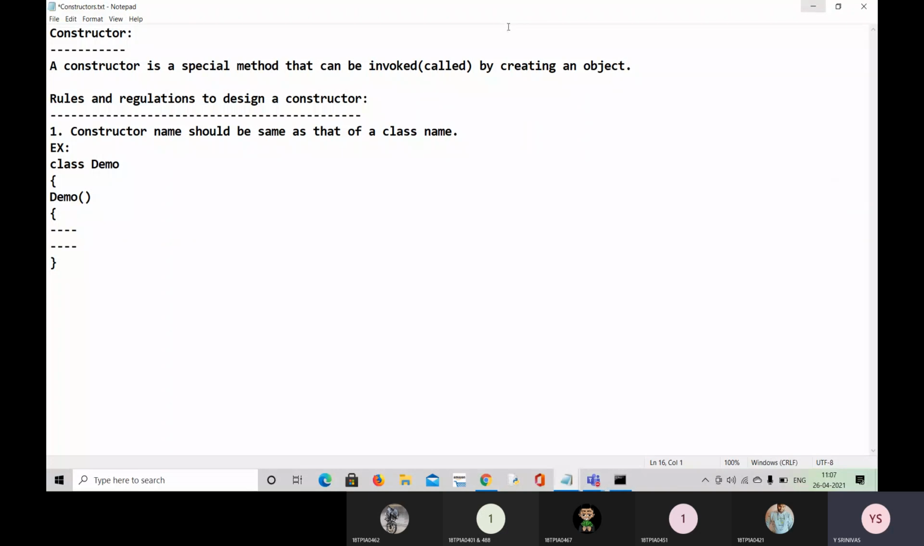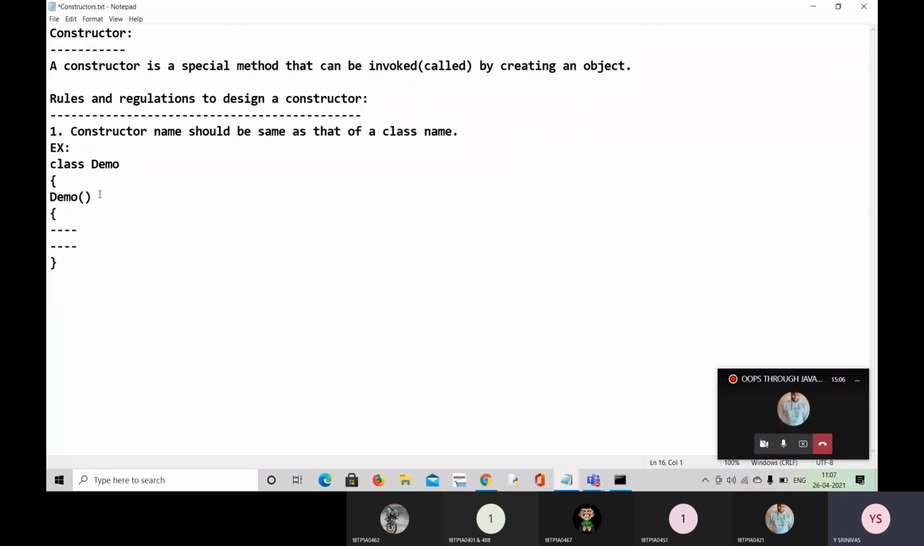Right. So you can see here, class name is Demo. This is called as constructor. I'm making a comment. You can understand. It is called as a default constructor. What is a default constructor? I will answer. Wait. This is the default constructor. This is the example for a constructor. Point number one is that constructor name should be same as that of a class name. Point number one. And then point number two,